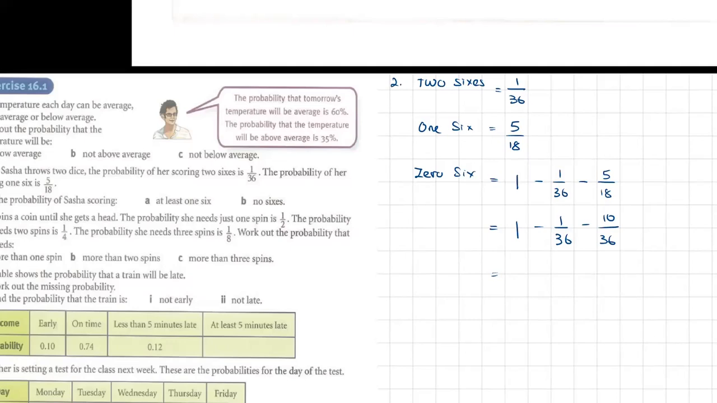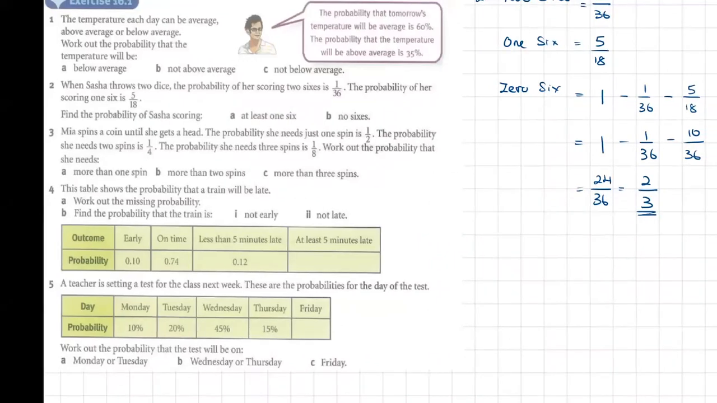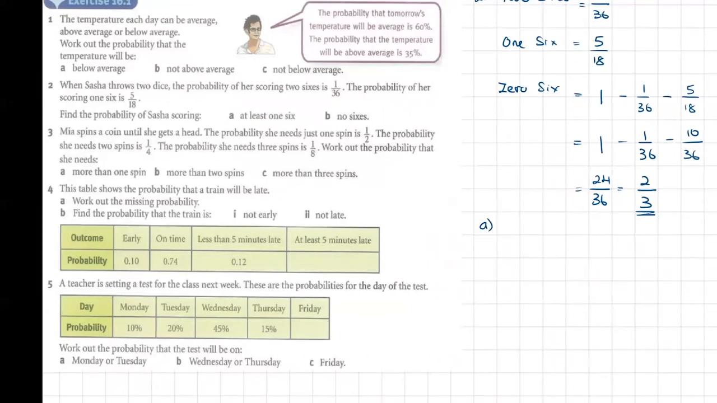1 minus 11 should be 24 over 36, which would equal 2 over 3. This is actually the answer for question B. Anyway, the first question, question A, asks you for the probability of at least